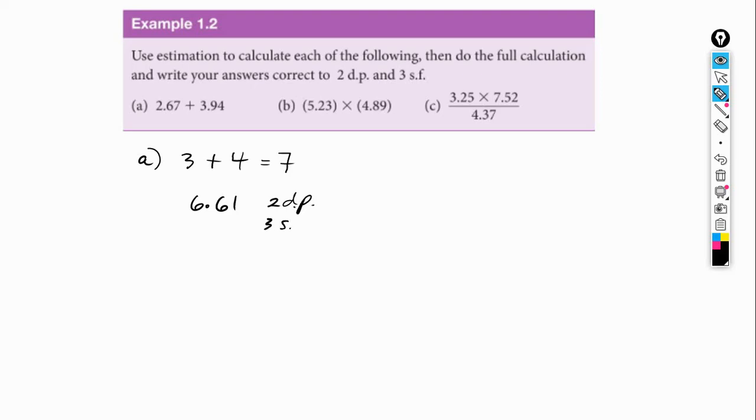Three significant figures. Okay, so for B, I'm going to write it here. It says, again, use an estimation. So 5.23, we could round it to 5, and 4.89, we can round that to 5 as well. So we have 5 times 5 equals 25. So that's an estimation. Now, if we do the exact calculation in the calculator, we go 5.23 times 4.89, we're going to get exactly